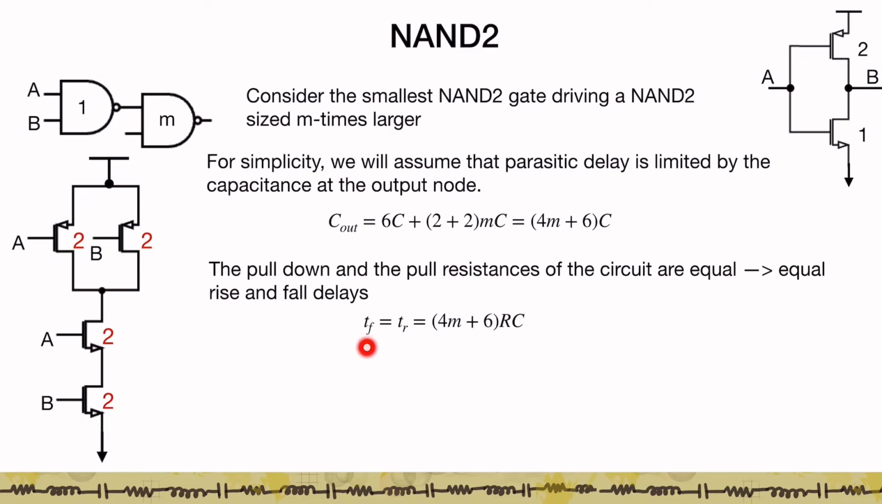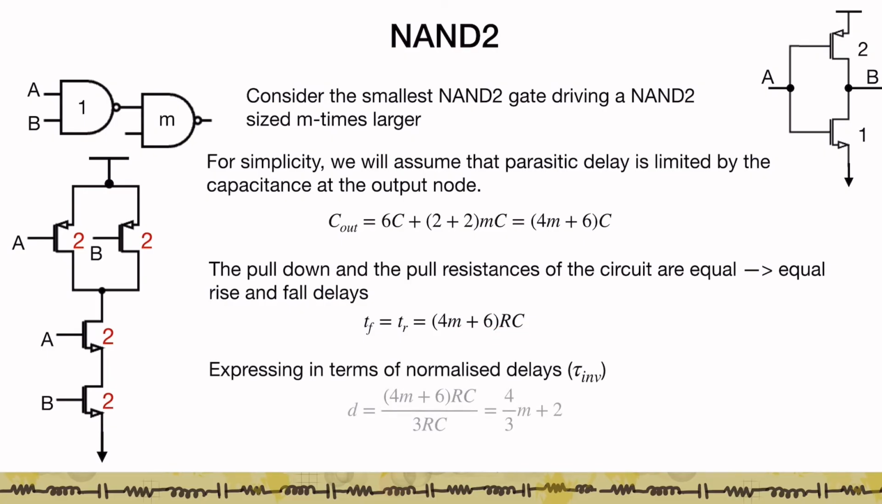So I can talk about the falling and the rising delays, or the pull up and the pull down delays, as (4M + 6) into RC. Now to eliminate the impact of RC and just talk about logic per se, we will talk about normalized delays. That is, we'll convert all these delays into multiples of tau inverter. So when I divide these delays by the delay of the inverter, what I get is the normalized delay of this gate, which is given by